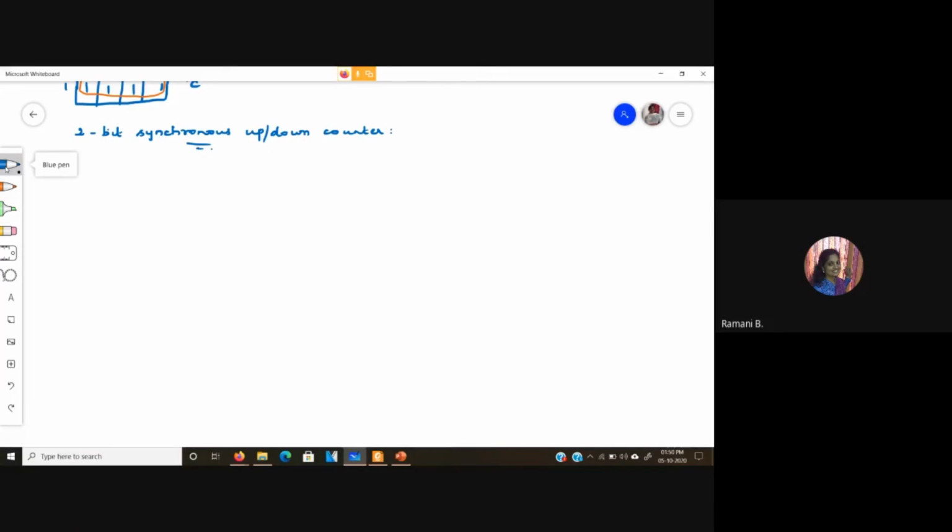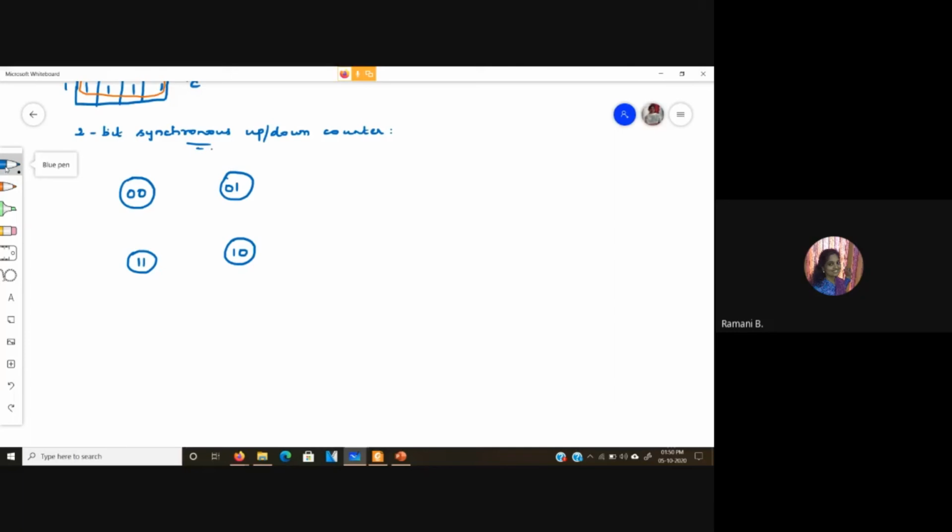Okay, so the 4 states with the problem statement, I am just giving the state diagram for this. I want the counter to do both up and down sequences.